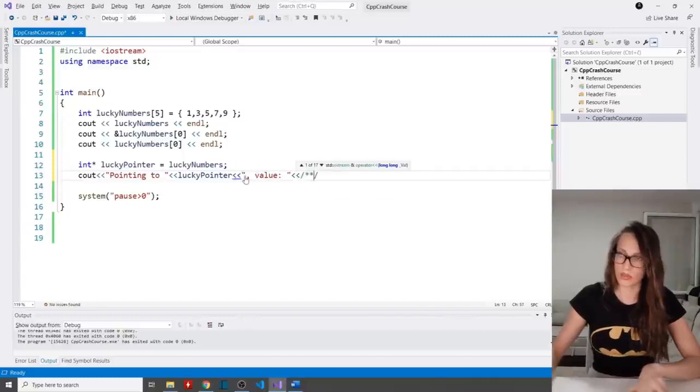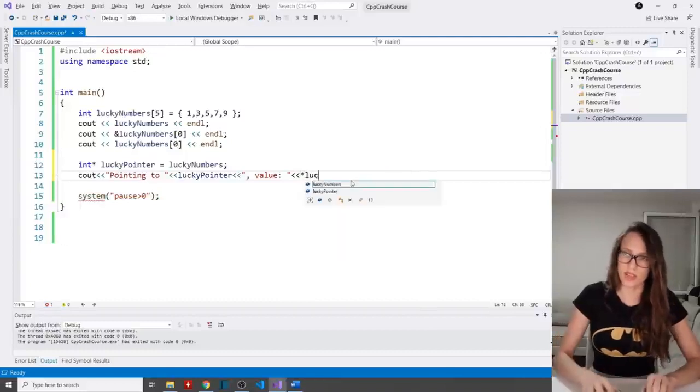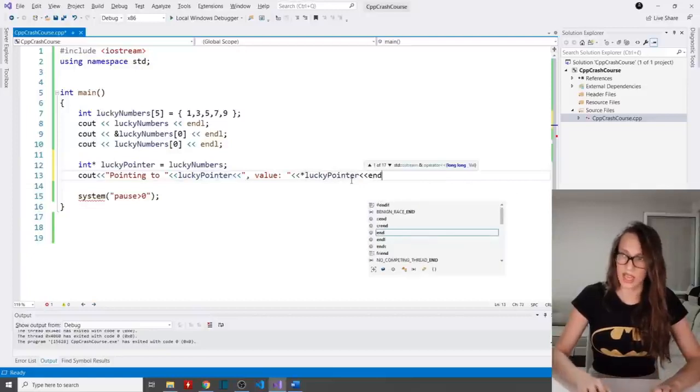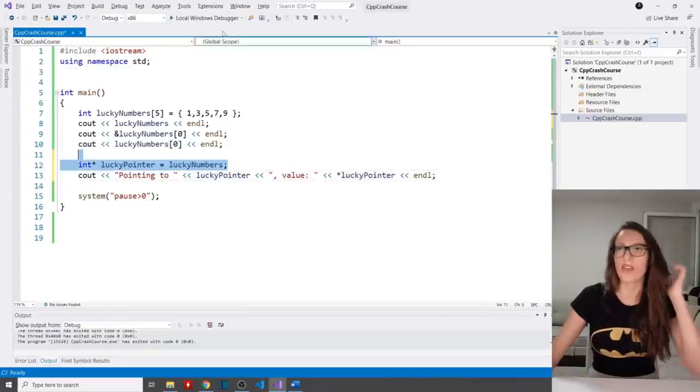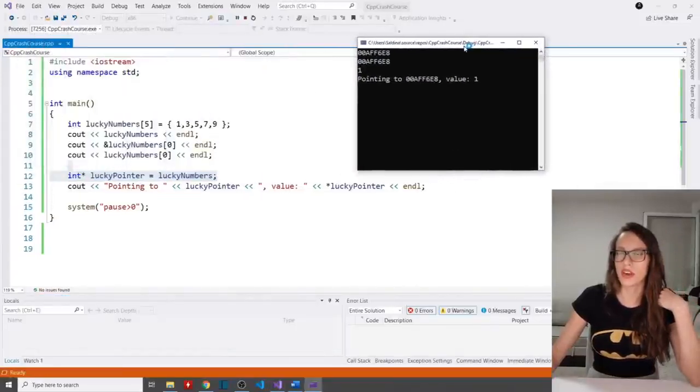And, oh, I'm sorry, we can access that value using this star symbol, which is going to dereference our pointer, like this, and then add end line at the end. Now, if I run this program, as you can see here, we have this pointing to the same address as we did in this situation here, and then the value that is stored on that address is going to be 1, same as here, which is the first element of our array.